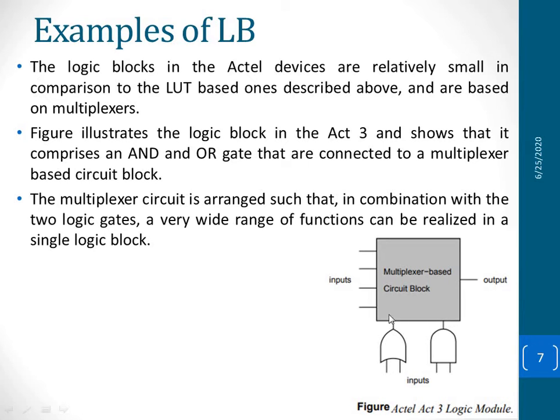So you can see in the multiplexer, when we have AND and OR input, that means the selection is now based on either these 2 inputs or these 2 inputs, or 4 inputs in fact. Apart from the actual data lines, we can also have some other functions which can be implemented here in the ANDing and ORing and can be made to pass. Suppose I have A plus B, A or B. So A or B along with these data lines will be connected to the output. Such a wide range of functions can be realized in a single logic block.